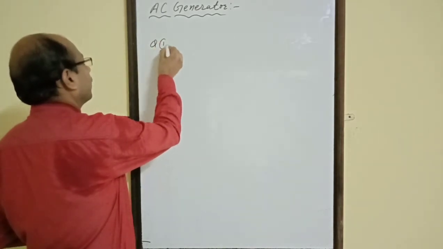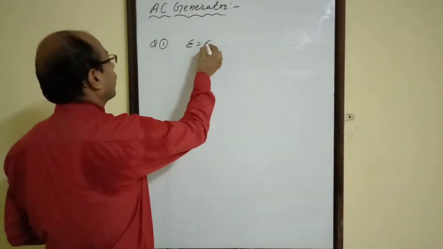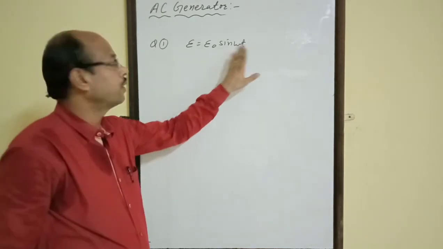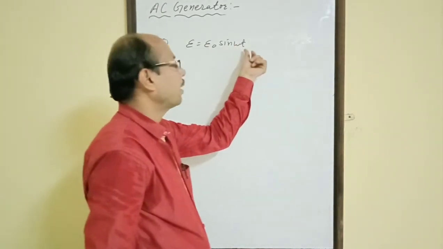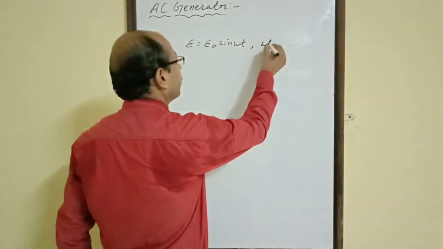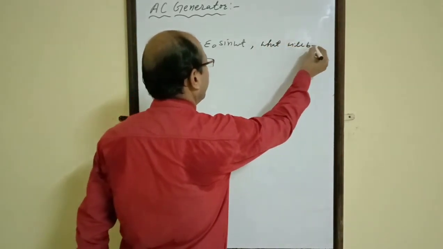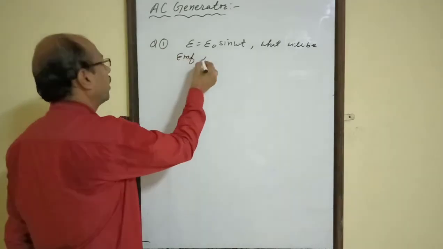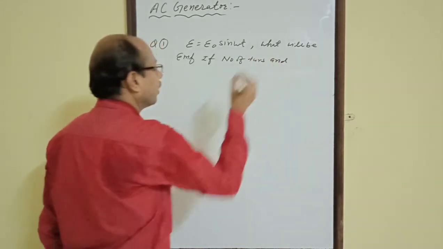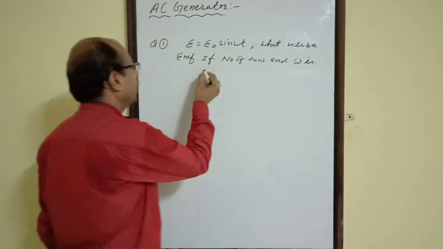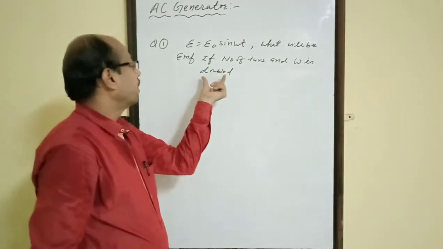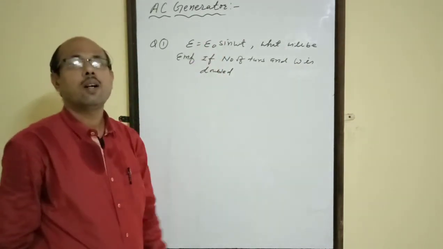Now we can consider one question. E equals E naught sine omega t. This is the alternating EMF generated by a generator. What will be the EMF if number of turns and frequency is doubled? If number of turns and frequency is doubled, then we have to find out the new value of the alternating EMF,